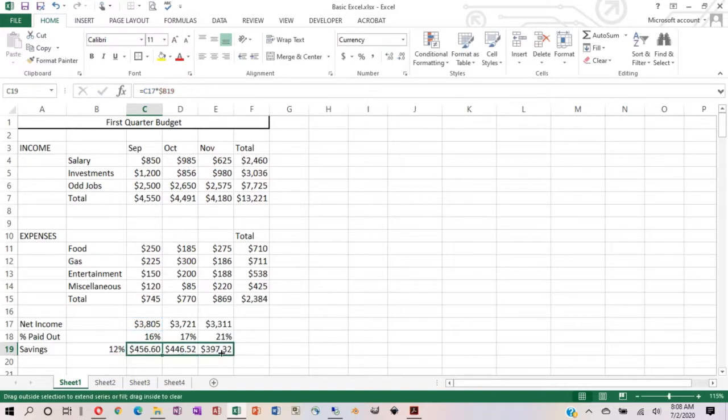And if I copy this across, there should be no changes. See, no changes, because the column reference is the only one that changes when you copy across. When you copy up and down, the row reference will change. So one way to make a formula edit is up here in the formula bar. The other way to make a formula change is, like I mentioned, you press the F2 function key in the active cell, and that'll take you back into edit